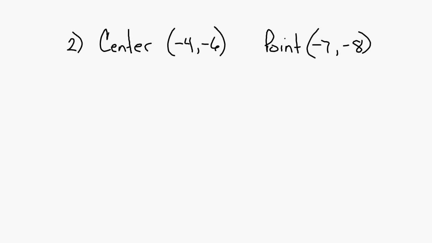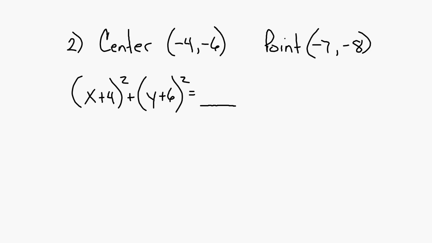So if your center is at -4, -6, then the equation is going to start off as x plus 4 squared plus y plus 6 squared equals, this is where the radius squared goes, okay,